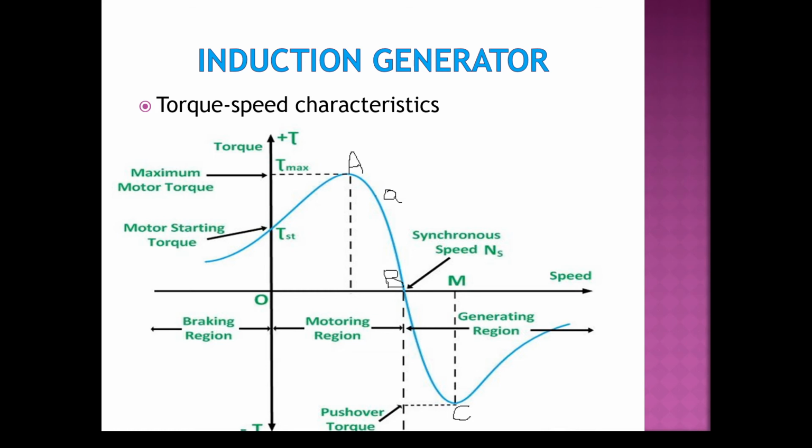For the prime mover speed to be more than synchronous speed, slip must be negative, as a result of which rotor EMF and rotor current all attain negative values. So rotor EMF, rotor current, rotor power, rotor torque, all these will now have negative values. For a negative slip, the machine will act as an induction generator. While acting as an induction generator, it will deliver its generated power back to the supply mains from where it was taken when working as an induction motor. That is what we have seen in the diagram.